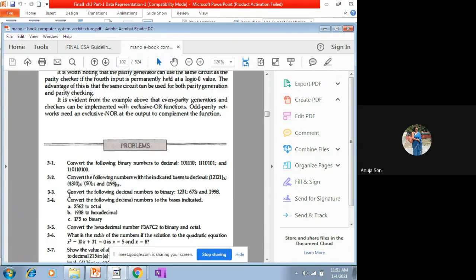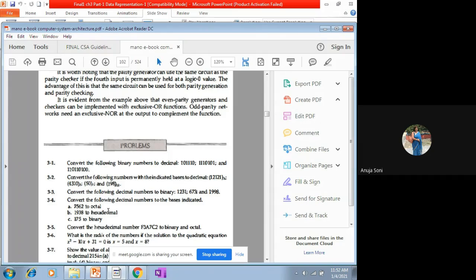Similarly, you have another question. This is a number having a base of 5, so in place of r you use the value 5. Similarly, this other question has a base of 7, so you apply the same formula taking r as 7. 198 has r as 12. This is another kind of numbering system, and there the value of r will be taken as 12. You apply the same formula.